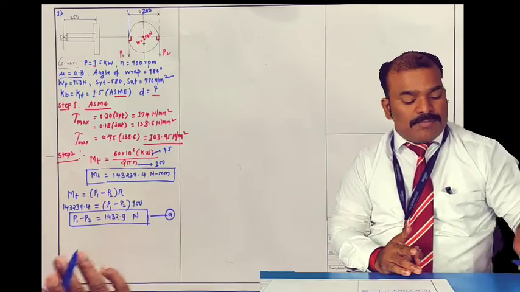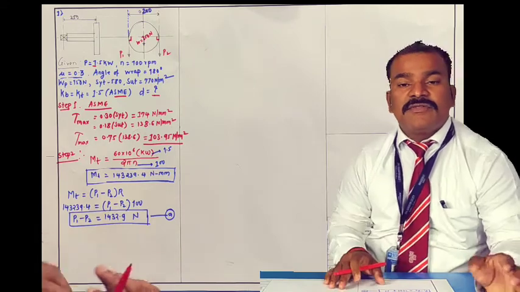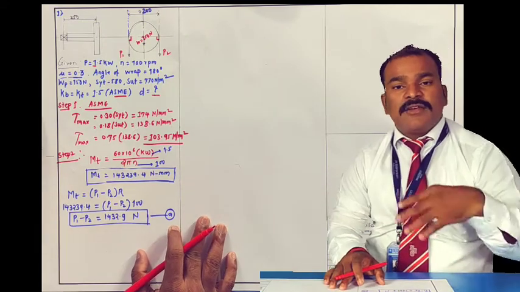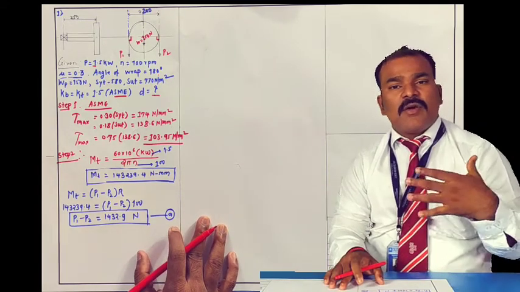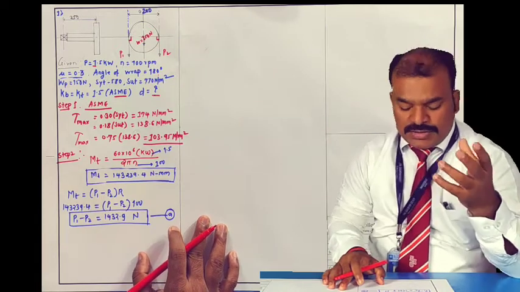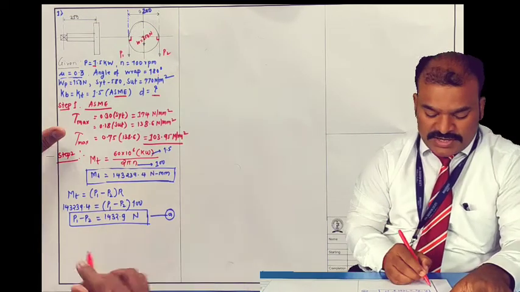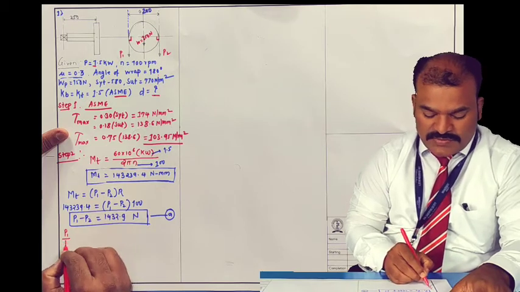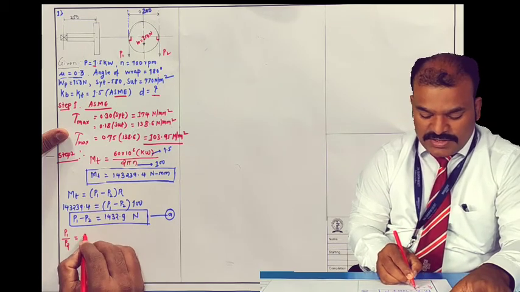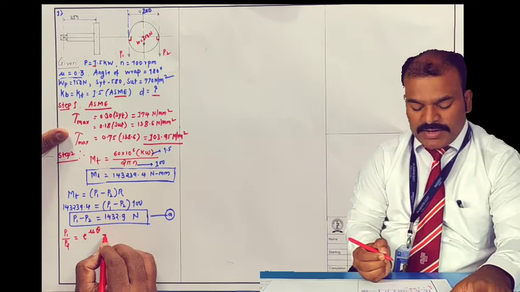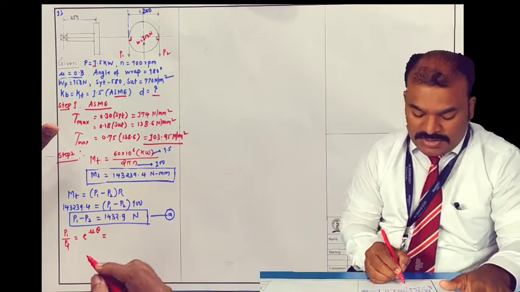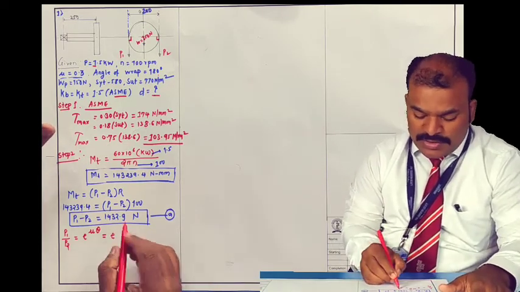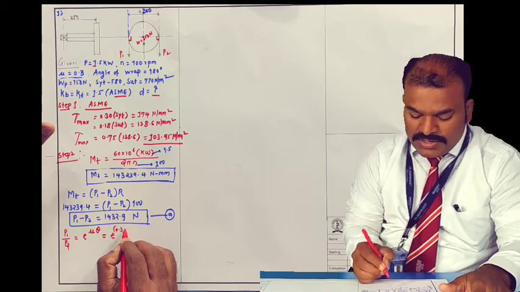In basic mechanical engineering, we have seen that while designing the pulley, friction occurs in between pulley and belt. So that friction we need to consider, and that can be calculated. P1, tension on the tight side, divided by P2, the slack side, is equal to e raised to mu theta. Correct? Now e as it is, mu 0.3 they have given, multiplied by theta.